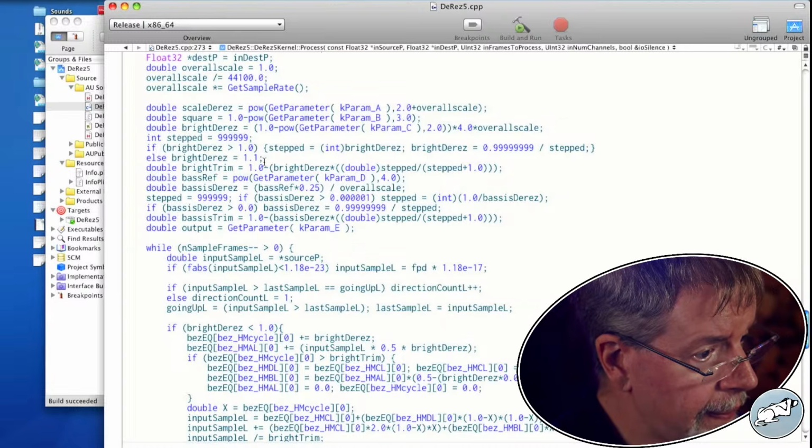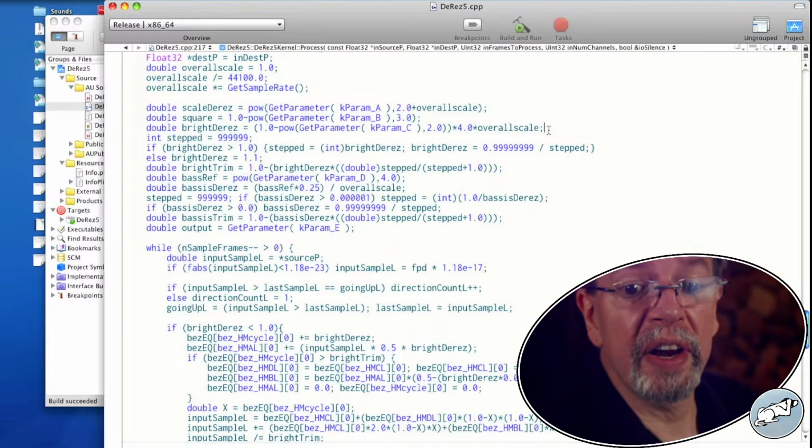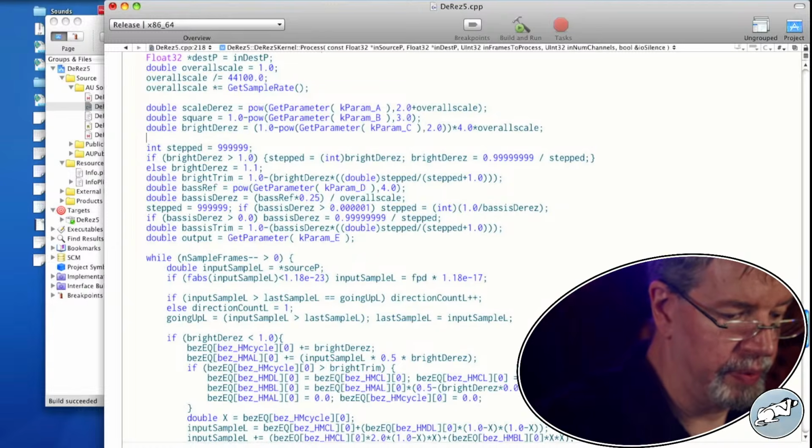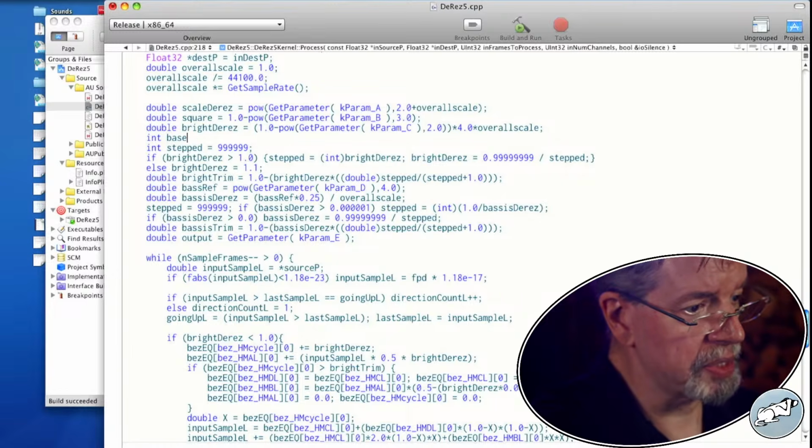So let's define an int. And what were we calling the scale?